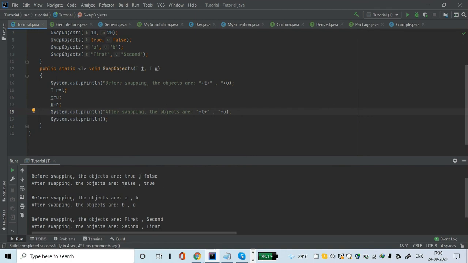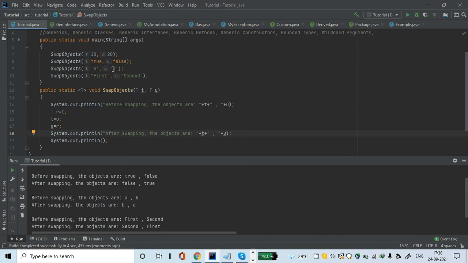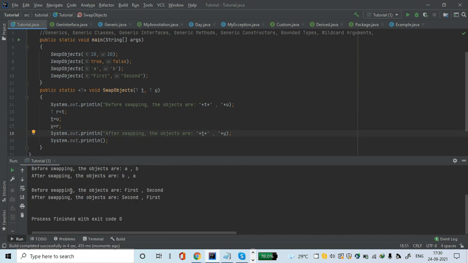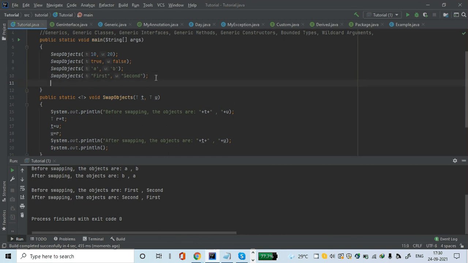Here also it is working fine. Before swapping, the objects are A, B, after swapping, they are B, A. It has swapped two characters as well. And before swapping, the objects are first, second, and after it has become second, first. So, this same method, we are using a single method, okay, to swap two numbers, to swap two booleans, to swap two characters, for swapping two strings, and obviously you can expand this further to swap two floating values